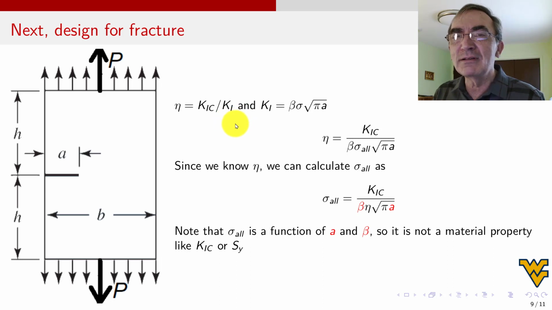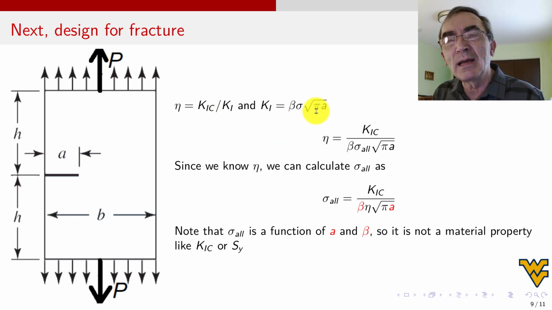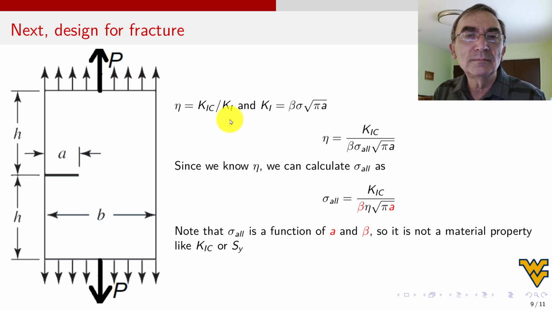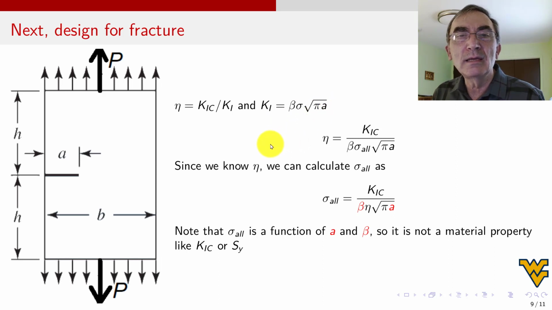Notice that I'm not saying how much stress. How much stress intensity you want to put. Because it's a combination of the stress and the length of the crack. And you remember Mr. Griffith, he said that the product of the stress times the square root of the length of the crack is a constant. So stress intensity is multiplied by pi here inside because Irwin likes to put the pi. So stress intensity goes with this formula, which by now you should know by heart: beta sigma square root of pi A. I put it inside here and I get eta, the safety factor, divided by all this stuff.